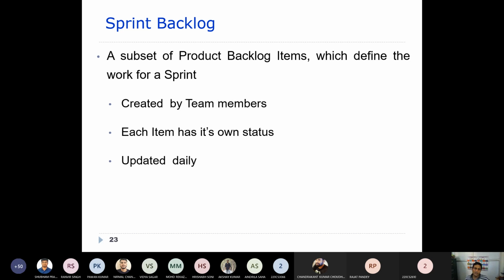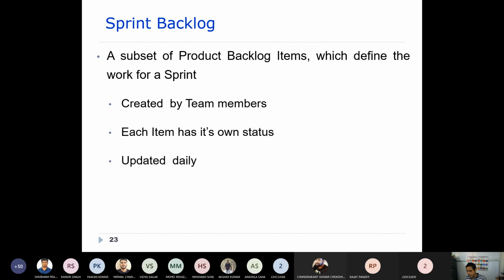After communicating with the product owner, the team members decide which activities or items should be part of that particular sprint, and this is what we call the sprint backlog. Each item has its own status and is updated daily, whether that particular feature is completed or that item has been developed. Every detail will be updated every day.